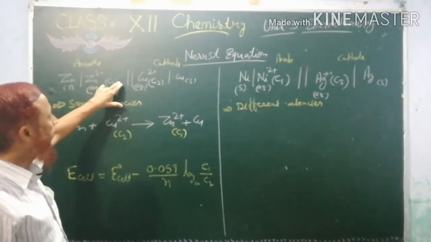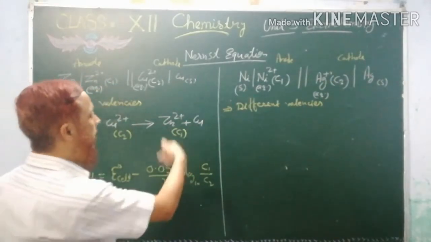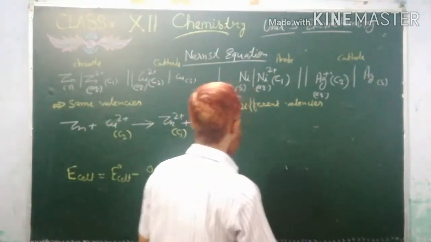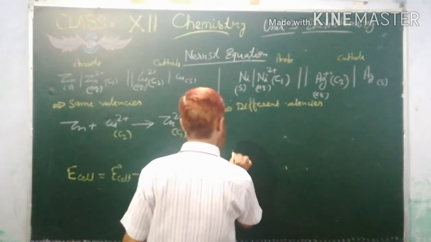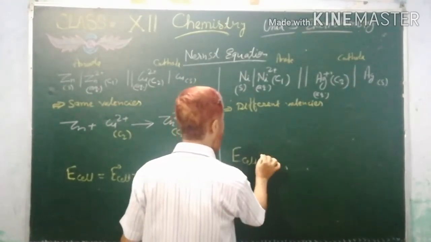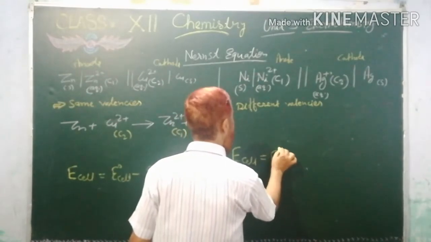This is the reference for any type of question. Now we are coming to the other side. For this kind of cell system, the Nernst equation will be like this. To calculate the EMF of the cell, E cell, meaning the EMF of the cell, will be equal to E naught cell